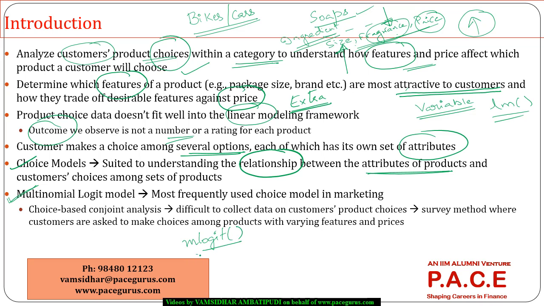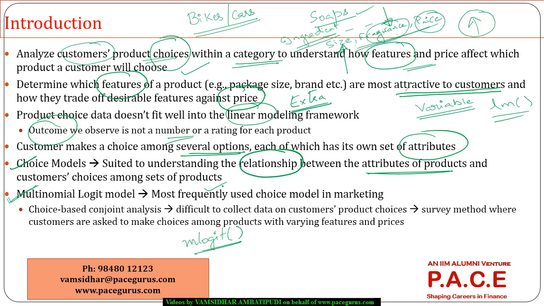In R we will be using a function called mlogit, and nowadays it's the most heavily used model in the world of marketing, where based on the alternatives that are given to the customer, depending on whatever he has chosen, we try to identify which features are being